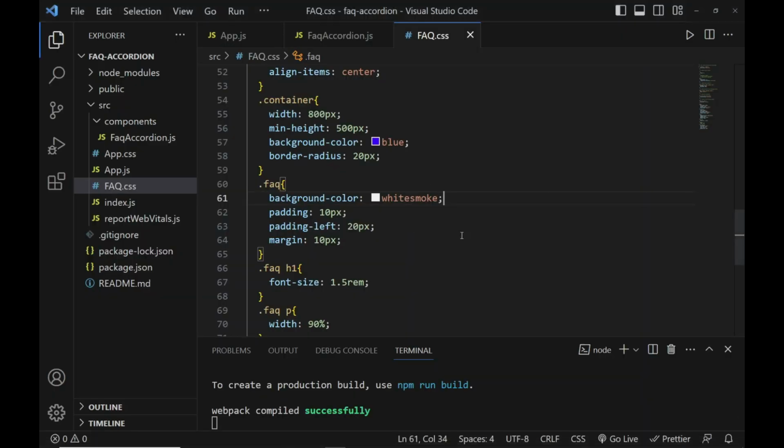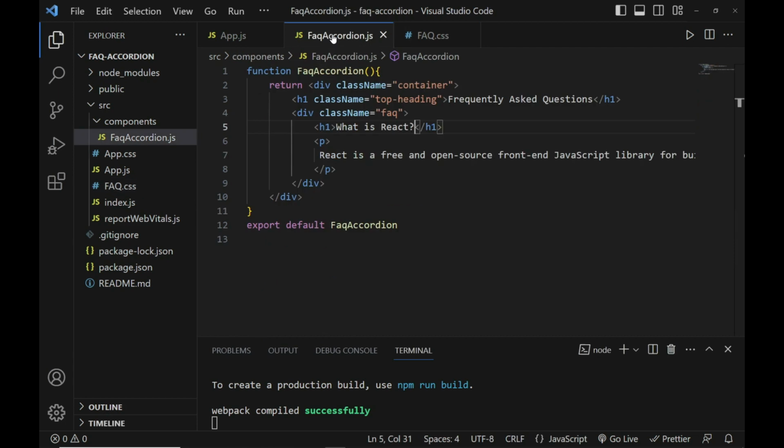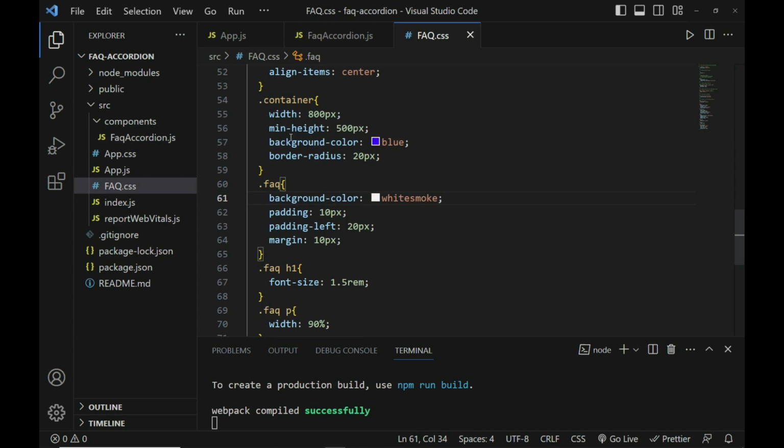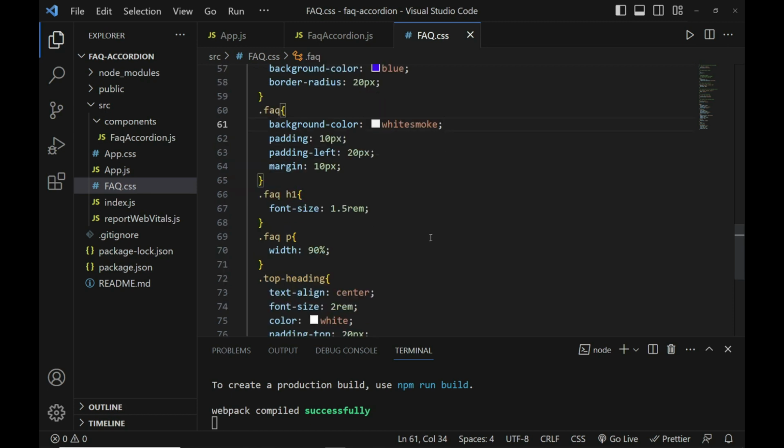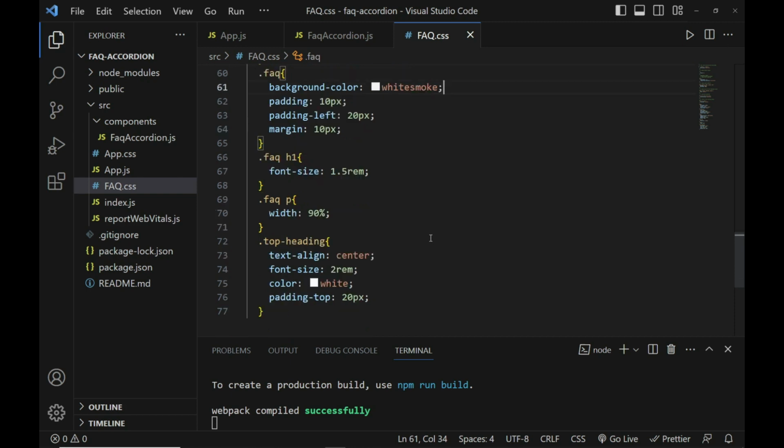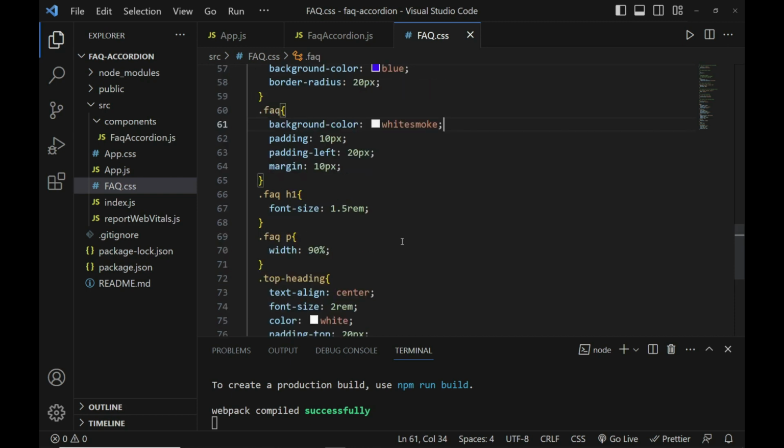So far so good. So what I've done, I've added this heading here, then this one, and I've tried styling them. It's a very simple CSS just for beginners, as you can see here. Right,